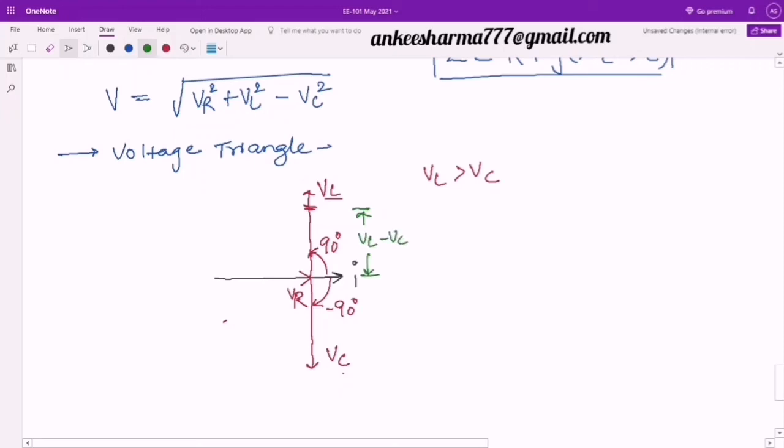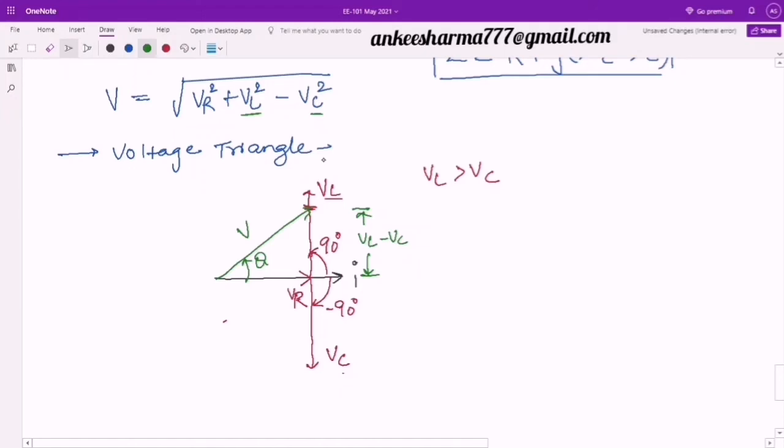So definitely this is voltage VR, this is the resultant of this VL and VC, which are opposite to each other. That's why you can find here that I have used VL square minus VC square. And now if I find the resultant, it will be up to here, and this resultant will be given by V, and there will be again a theta angle, which is nothing but the cos factor or the leading or lagging deciding factor. So over here you can see this theta is in the anti-clockwise direction.